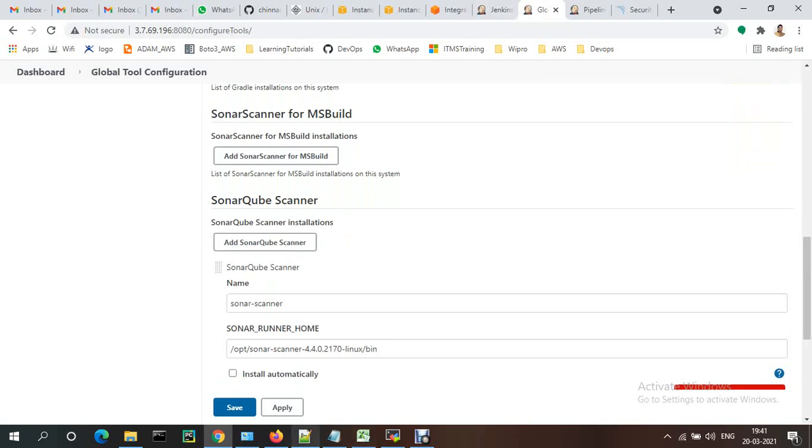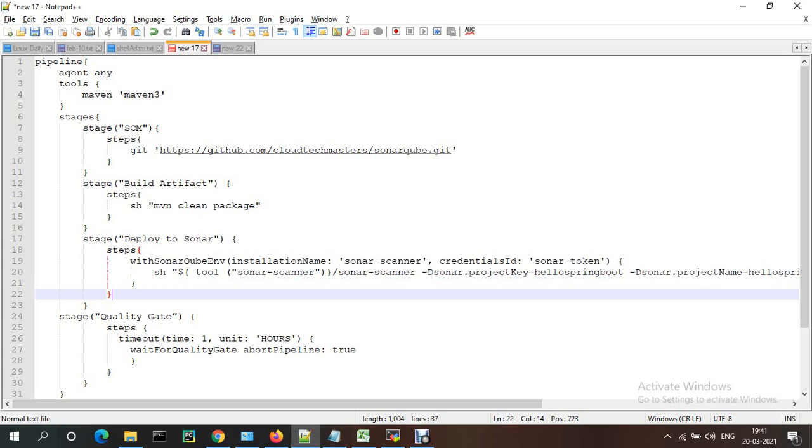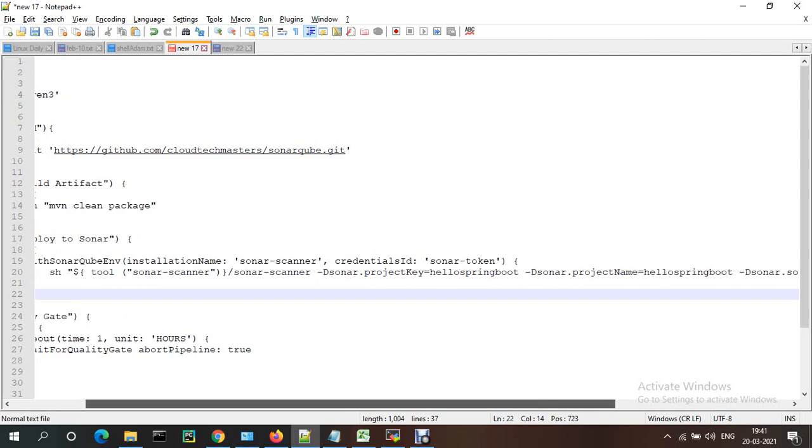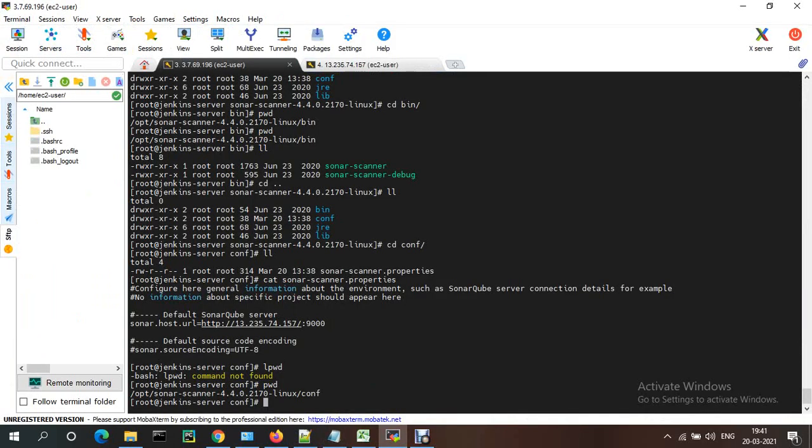So it should be Sonar scanner to cross verify, okay. And the tools is Sonar scanner, and these details we can give it here, or if you want you can declare from there itself, okay, under this file, the default location file.